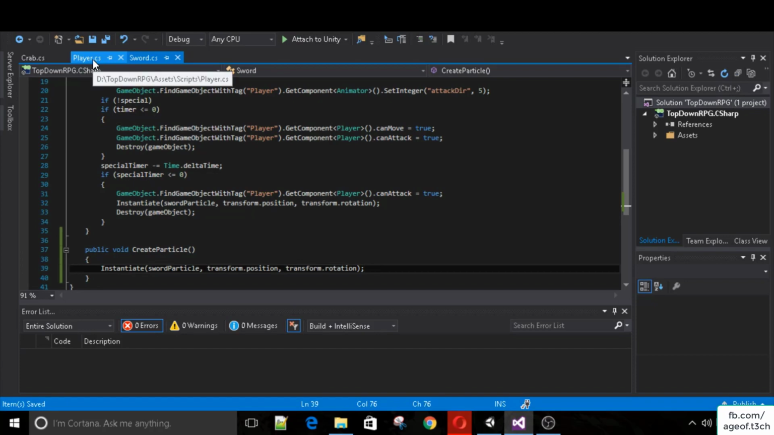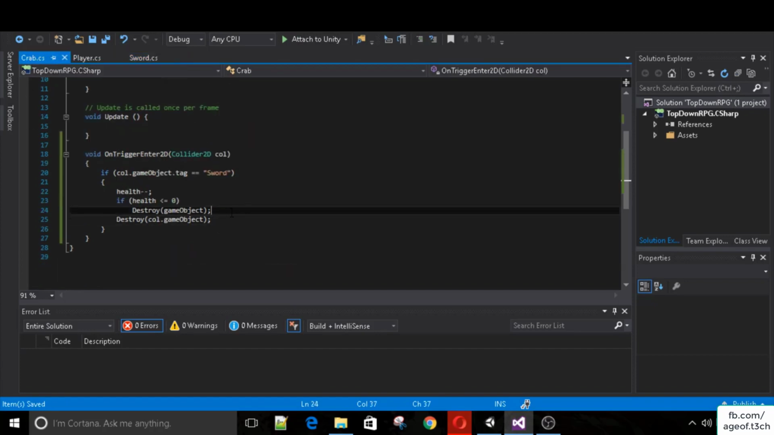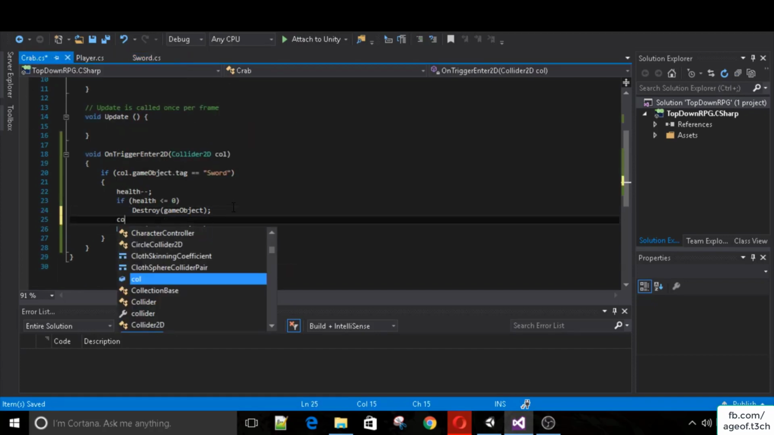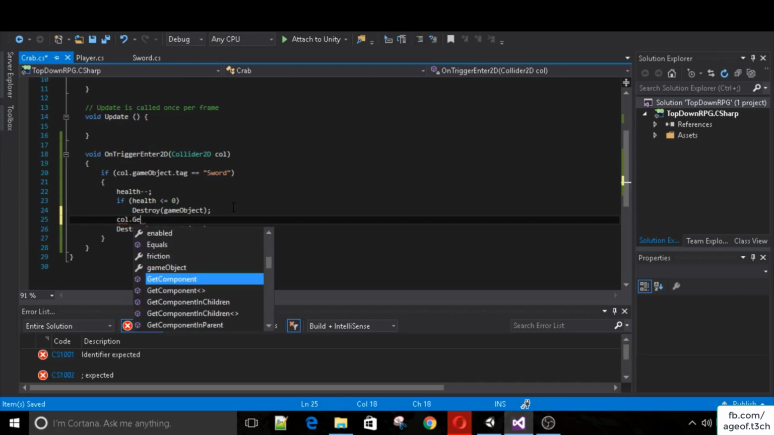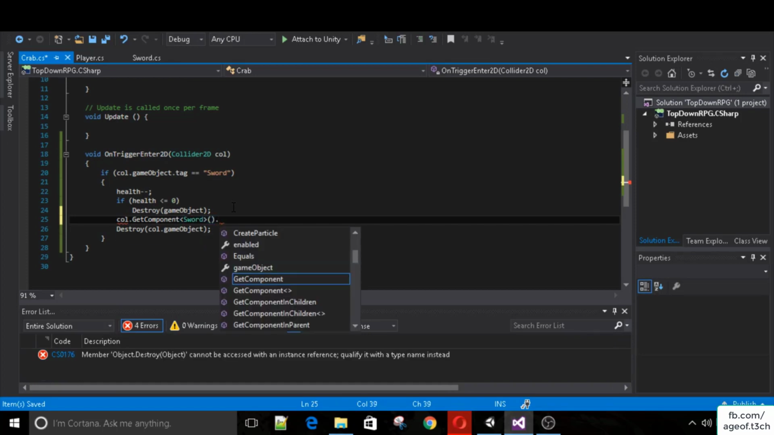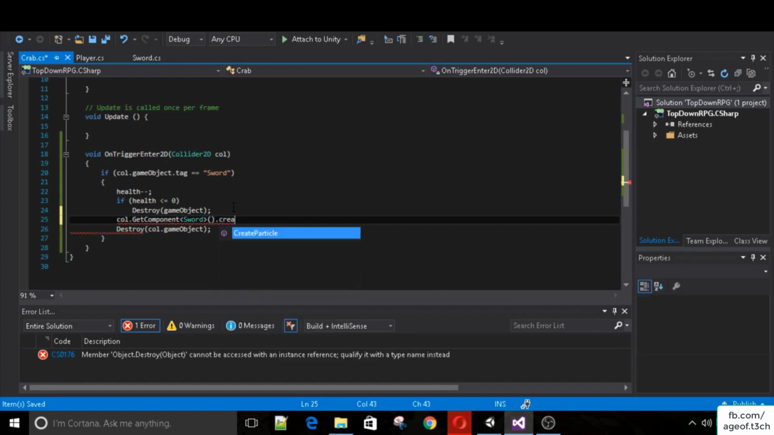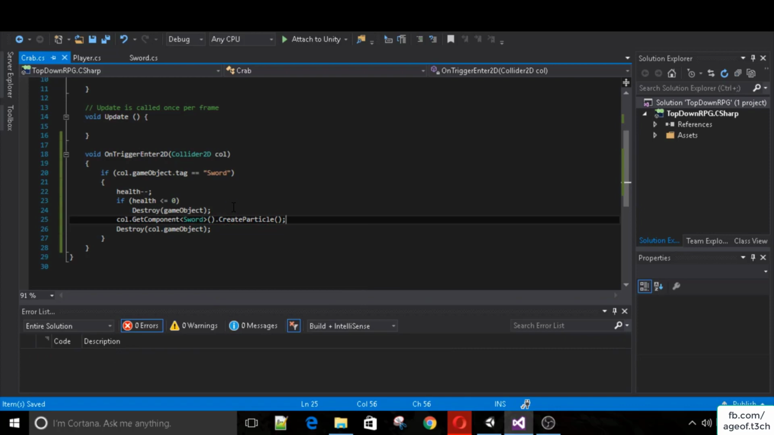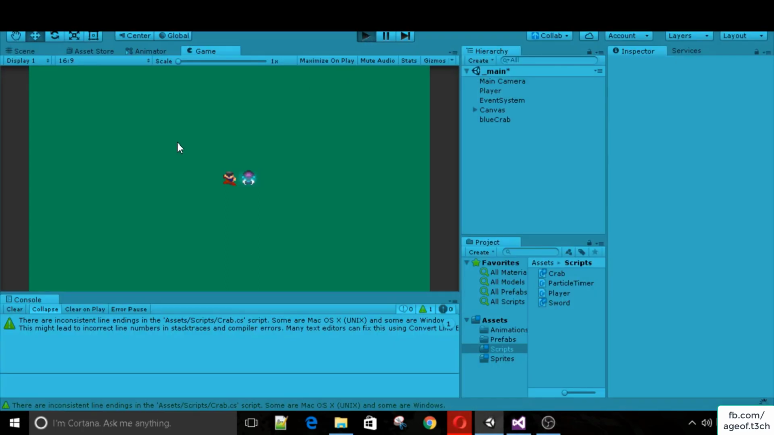So now when we destroy the sword in the crab script, before we destroy it, we will say collision.GetComponent. We get the component, and we want to get the sword script component, and from that script we want to say CreateParticle. So basically we will call the CreateParticle method from here. Now if I save, go back to Unity and play,